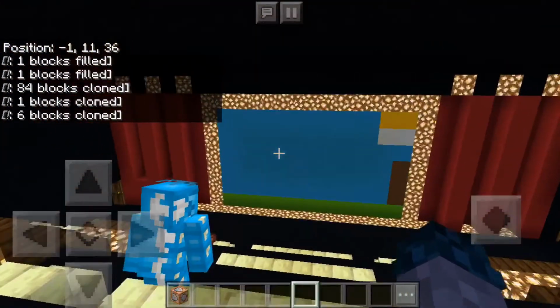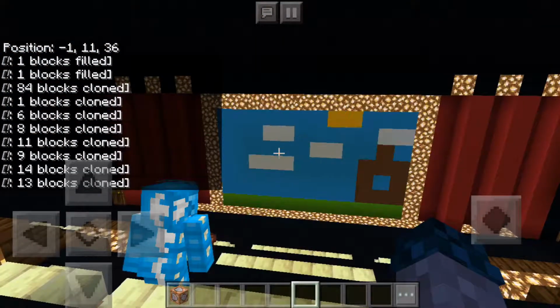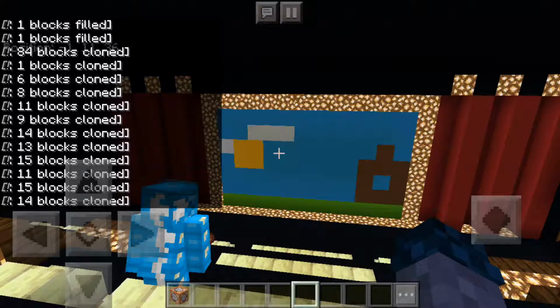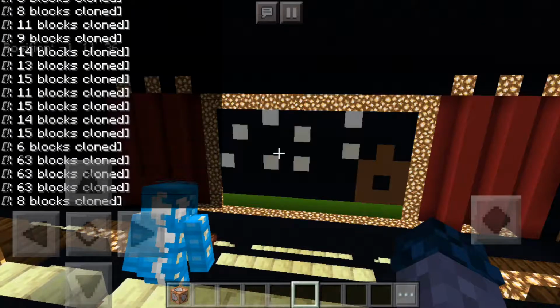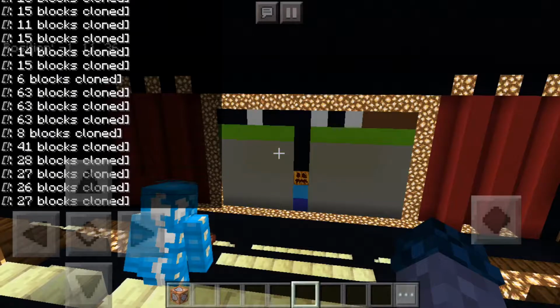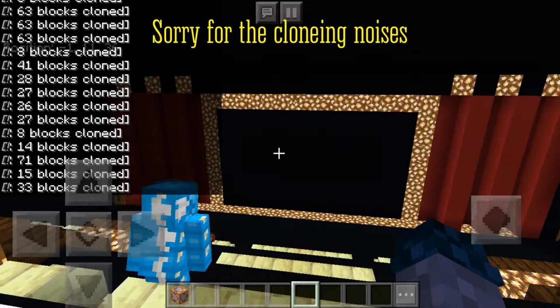1 blocks filled, 1 blocks filled, 84 blocks cloned, 1 blocks cloned, 6 blocks cloned, 8 blocks cloned, 11 blocks